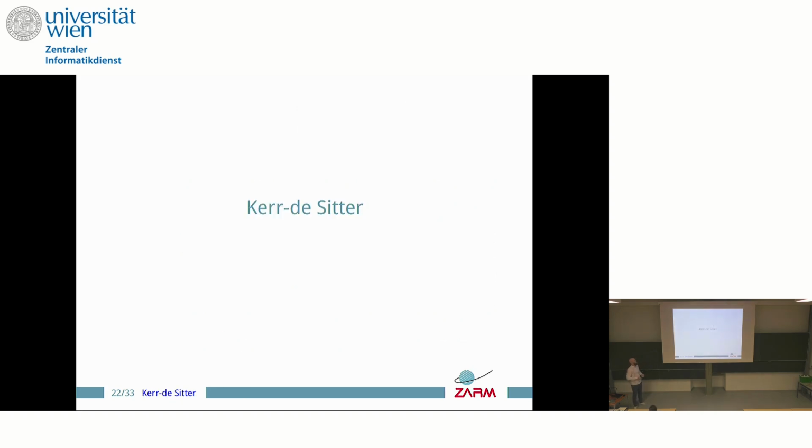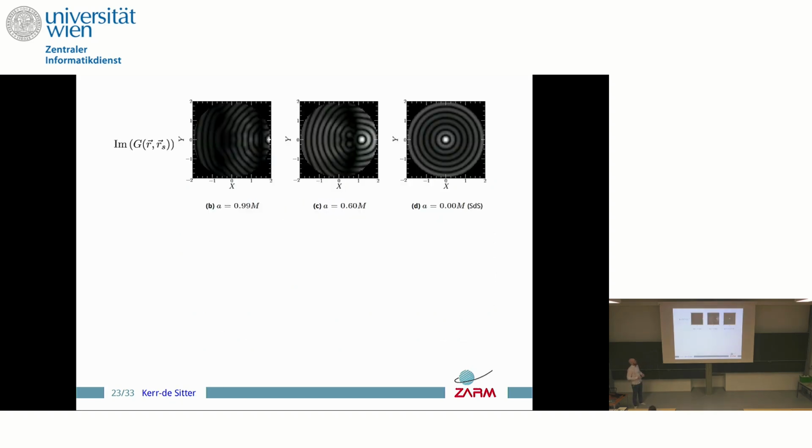So how it is looking like for the Kerr-de Sitter case, we start at the right side for the Schwarzschild case and introduce a rising Kerr spin parameter. And what you can see, even though the configuration stays fixed, the image shifts into a region and also gains symmetry breaking